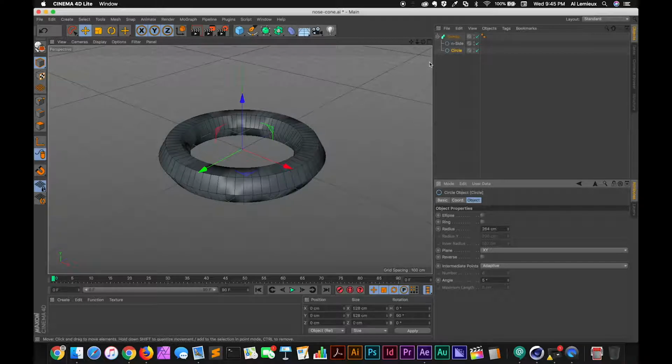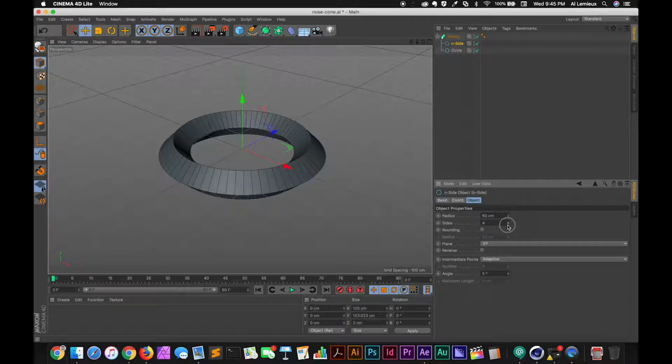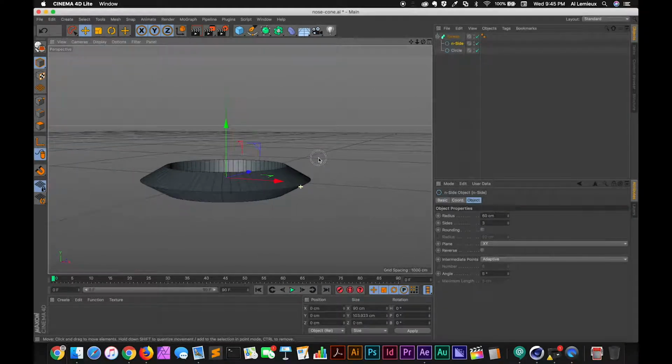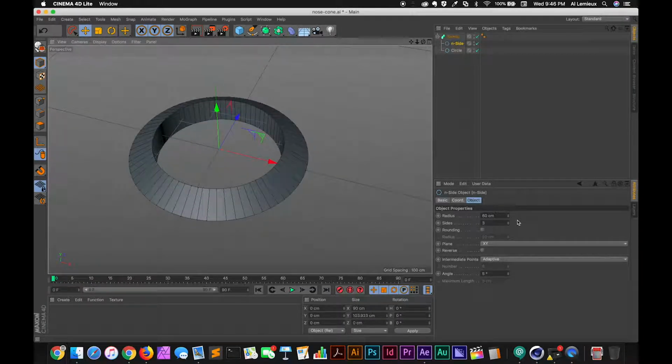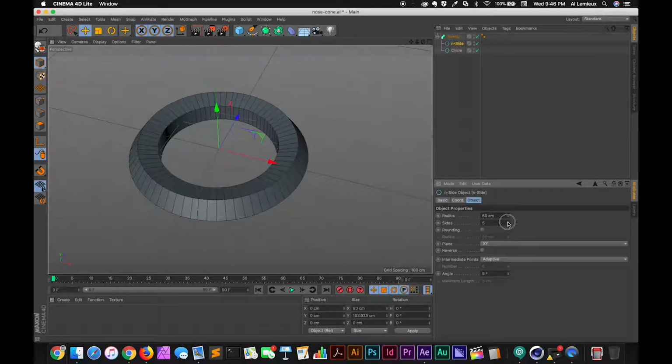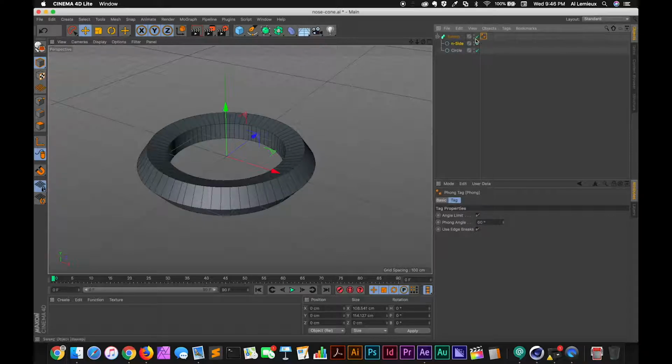Just keep in mind, though, what's really cool about this is that if there are any changes to the individual objects, the entire item gets updated. So for example, if I were to grab the n-side and change the number of sides, notice that it changes right here in the object itself, which is really, really convenient. I mean, look at that, I get something that looks like some kind of a part or a washer or something like that. Just by changing the number of sides on this, I can get different effects. So it automatically updates, which is really cool. Let's just turn this one off for now,